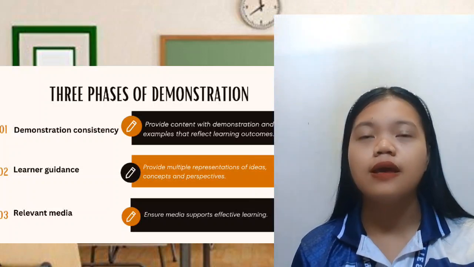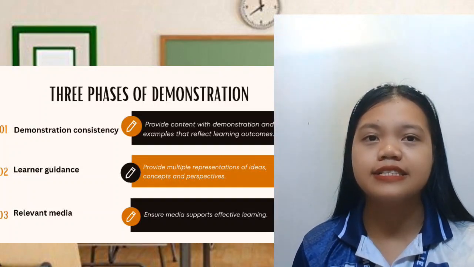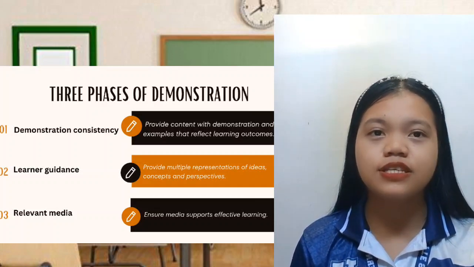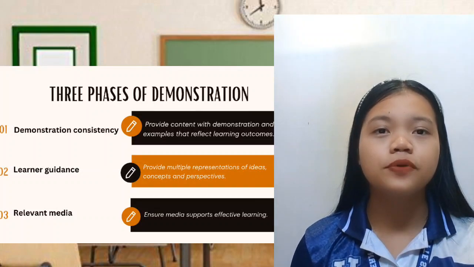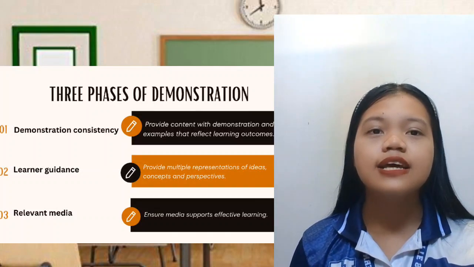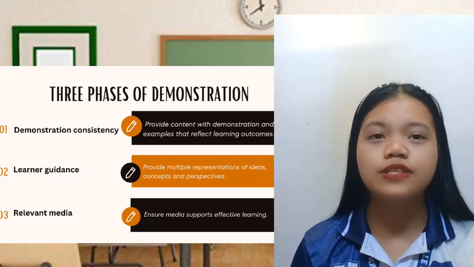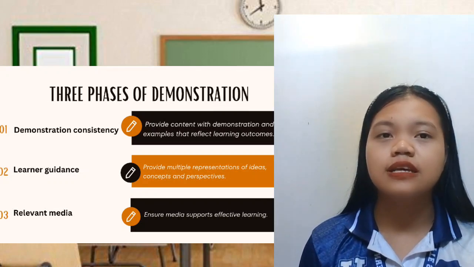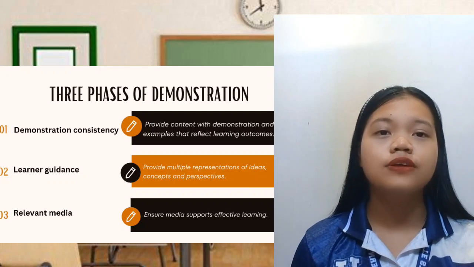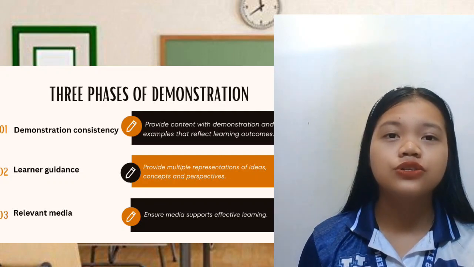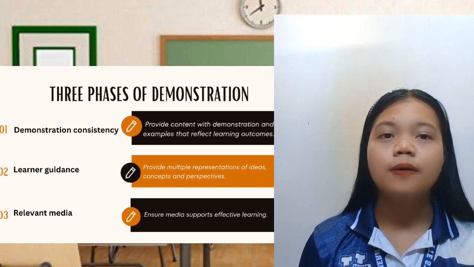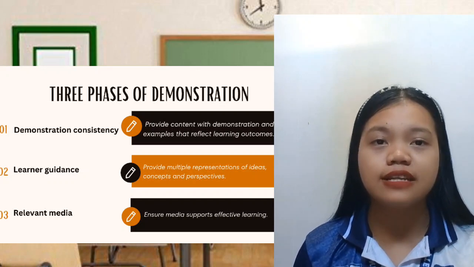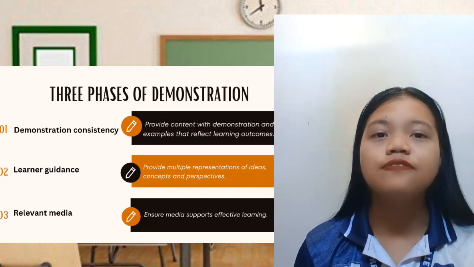So the second phase of demonstration is learner guidance. It provides multiple representations of ideas, concepts, and perspectives. In this phase, learners are guided through multiple representations of ideas, concepts, and perspectives. Students are provided with hands-on activities where they, for example, plant seeds in pots, observe their growth over time, and create a visual journal documenting the stages of plant growth. Through these multiple representations, students gain a deeper understanding of the life cycle of plants and the factors that